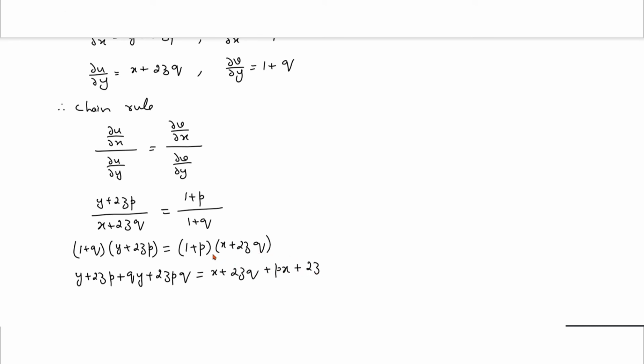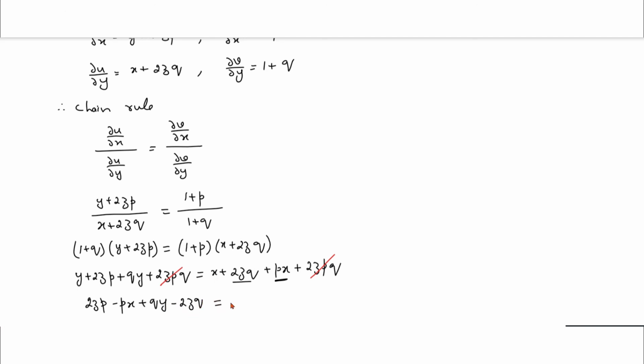Then 2zp into q is 2zpq. We see that this 2zpq and 2zpq will cancel out. So we'll take the p terms on one side. I'll keep this 2zp as it is. I'll take this value of p on the left hand side, it becomes minus px. Then I'll take this q value, plus qy. I'll send this 2zq to the other side, it becomes minus 2zq, is equal to